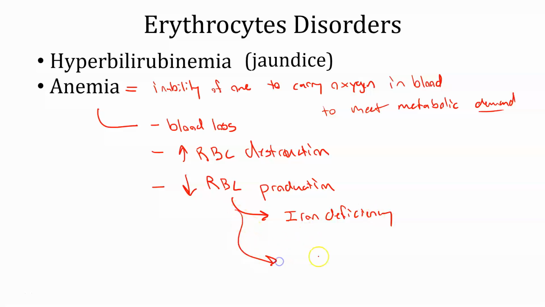Or two, this thing known as pernicious. Sorry, this is an E. I should actually just not write so poorly here so you know what I'm actually trying to write. Pernicious anemia. Pernicious anemia is a name of a disorder in which this vitamin known as B12